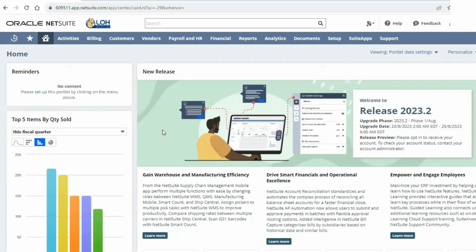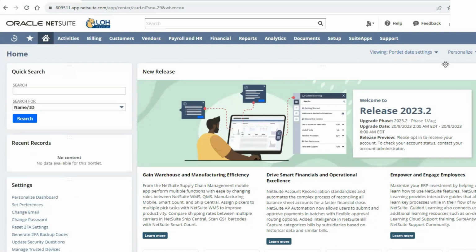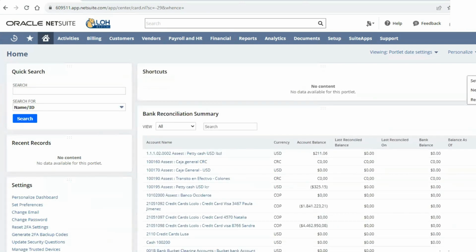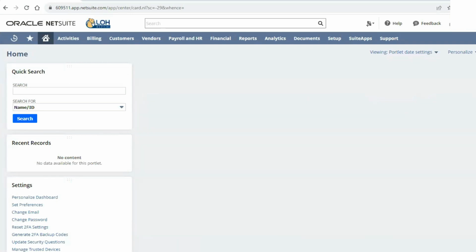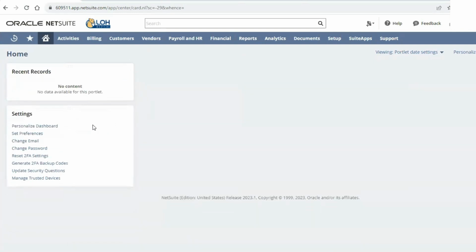Okay. So I'm going to start by removing anything I don't need here. And we'll start with our settings portlet.